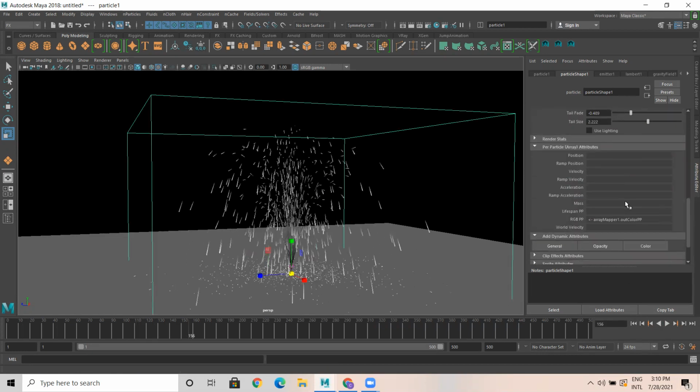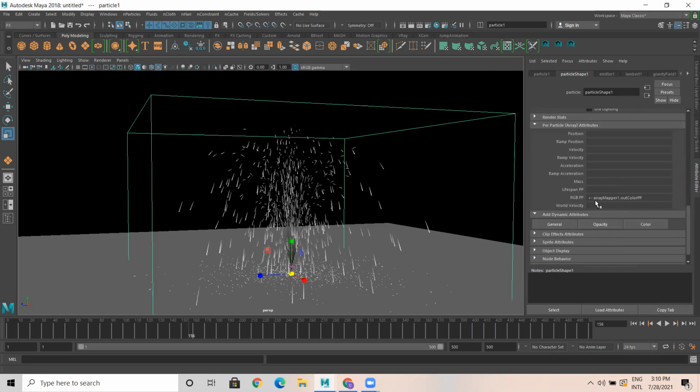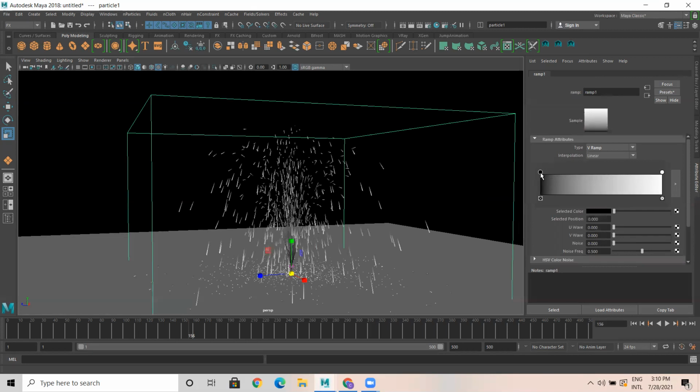Then let us play with some color. So click on this, right click. We added a ramp, right? Later you get the option, means what you have to do is click here, right click, edit ramp. You have to go for edit ramp. This is the start point. Particle is getting birth here, it dies here.